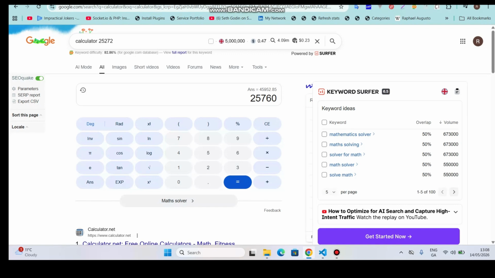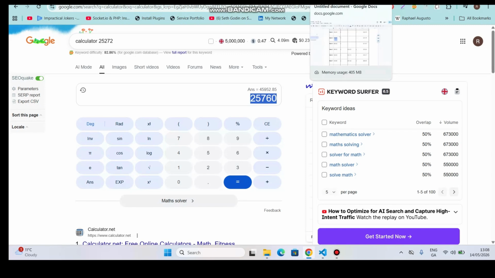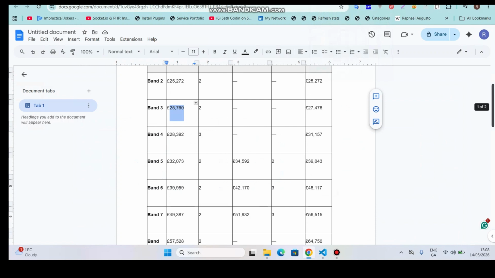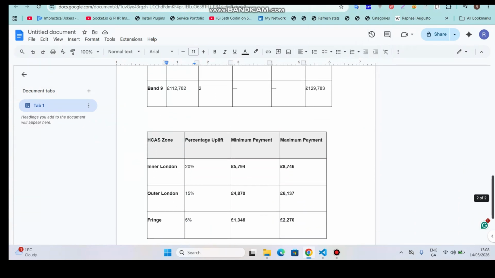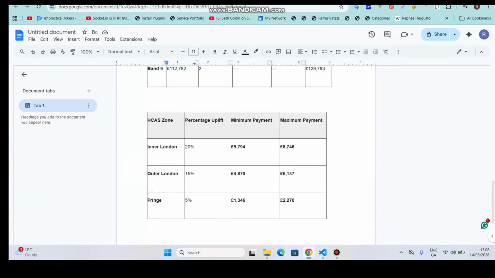Okay, and next, if I'm calculating for the inner London, let's go to the caps. So it is inner London and 20%,